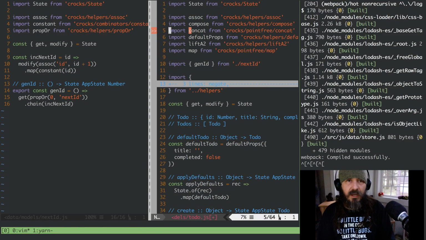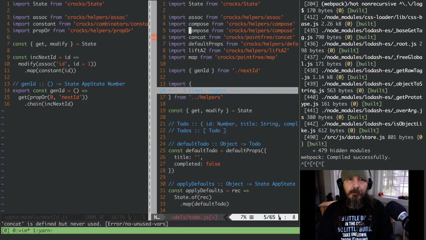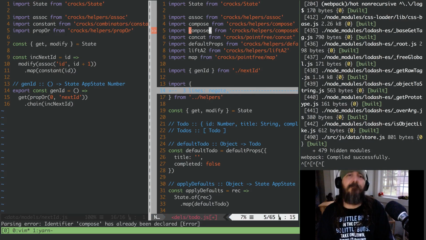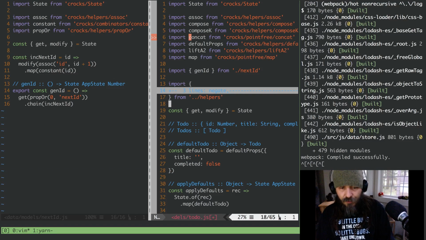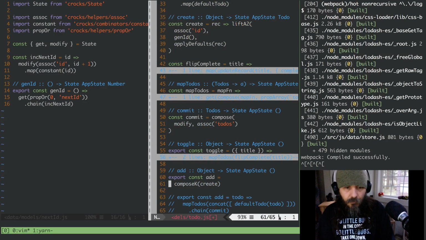We also need to bring in compose k, and we'll do that, and back, and a k. So now that's going to bring in our compose k for us. And now that we actually have this, we want to be able to append it, right? So we want to take and append this to the,